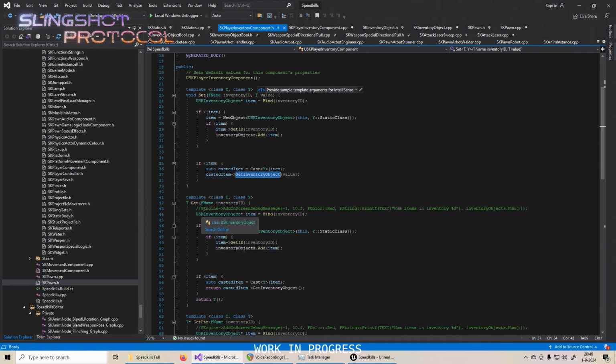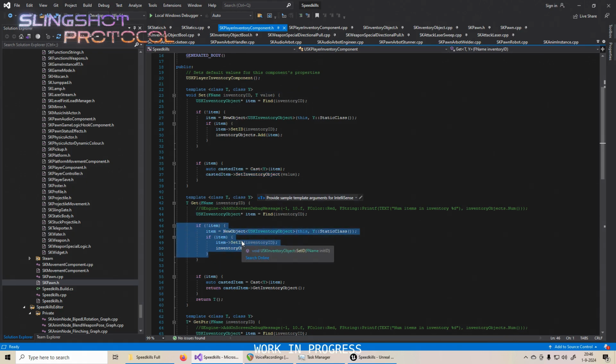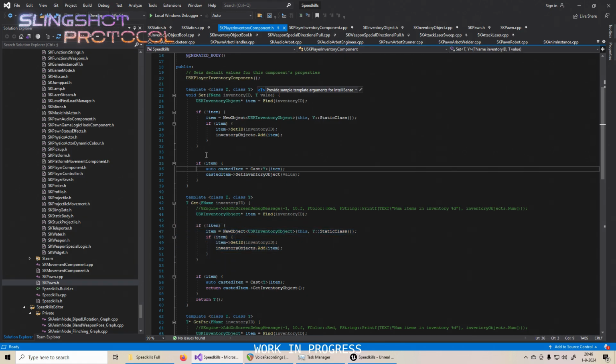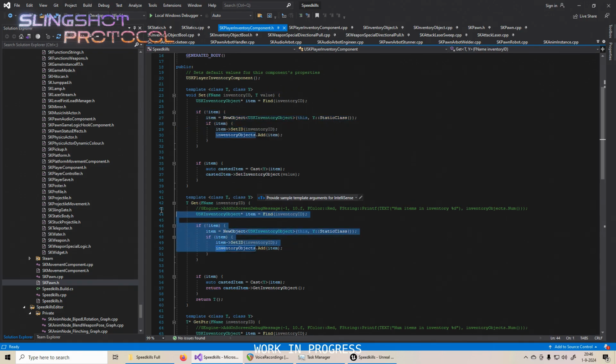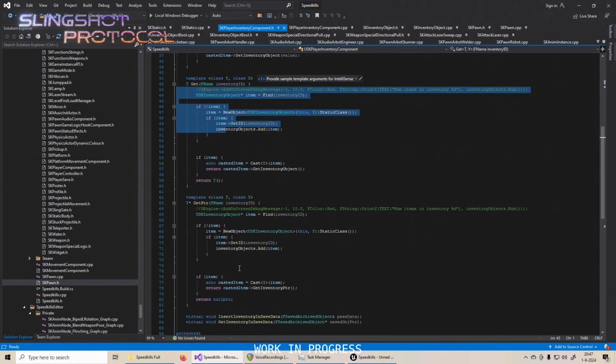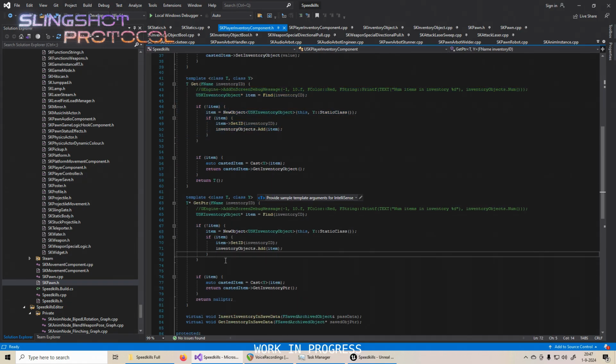If you want to get something, even if it doesn't exist, it will make an item and just give you an empty array or an empty number. If it's an integer, it will just give you a 0. So it will automatically make it. Yes, I could put this in a function and then call the function, but I usually go by the rule that if I have to repeat something 3 times, that's when I do it, but here I have it 3 times. Oh, this is for get pointer, yeah.